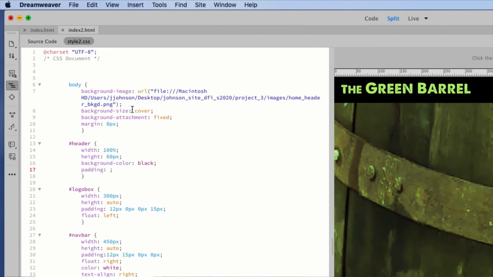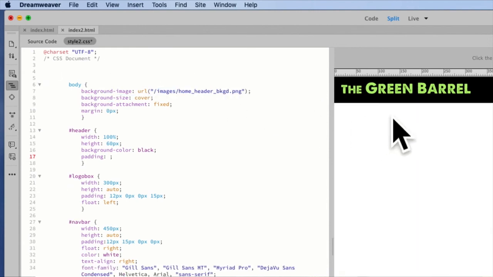However, I got one little problem I'm going to fix in case yours did too. This is important. Check this out. When I said update links, it did this automatically. I didn't really want it to. You just bear with me on this. See where mine says file, Macintosh, users, Johnson, desktop, etc., all of that. I do not want that. All I want is this. My images for my background header, I want it to be ../